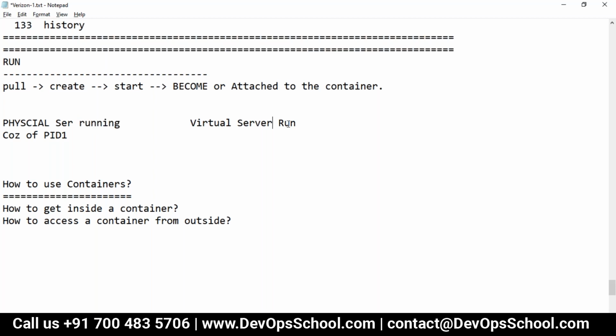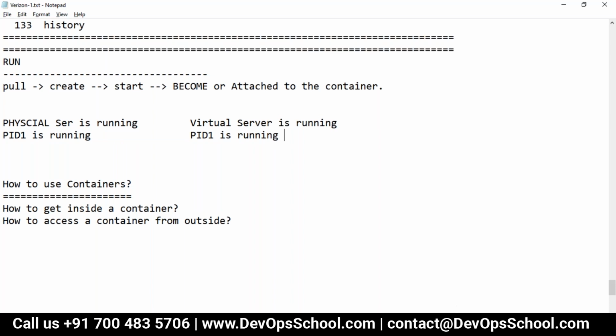Let's use the keyword running. In many places I might have made spelling mistakes, so please ignore them. Simple statement: the physical server is running because PID1 is running on the physical machine. The virtual server is running because PID1 is running.